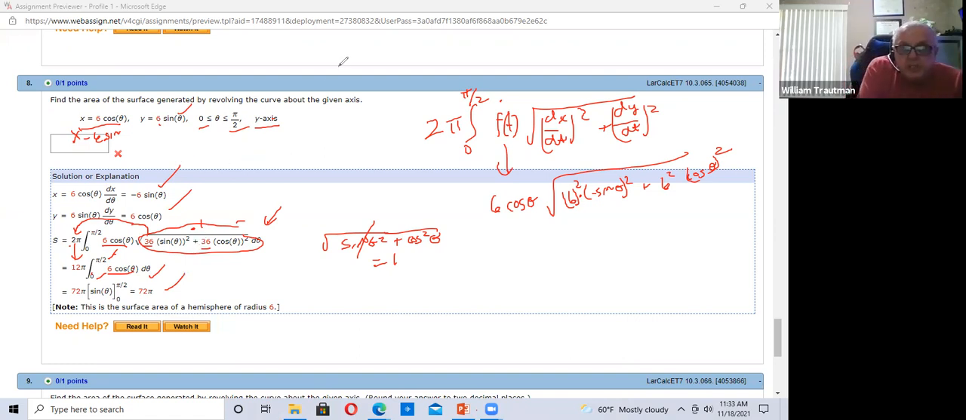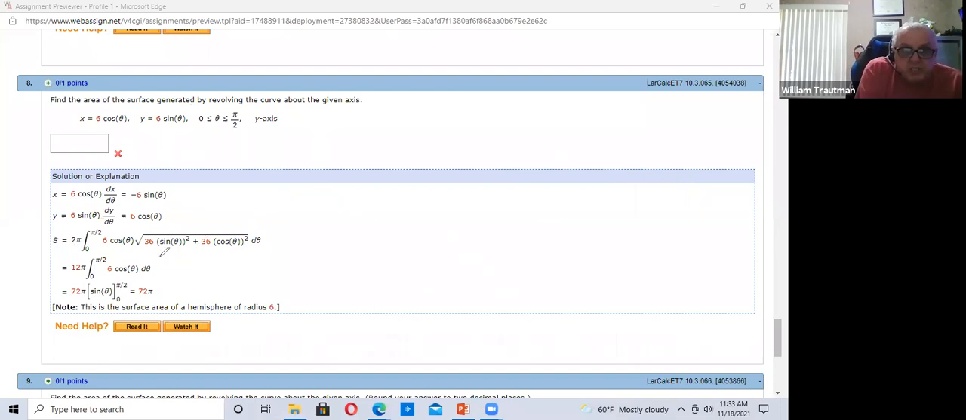So you see, once you try a few, especially this pattern here, sine squared plus cosine squared equals 1, things will factor out of there. And then you're just left with this, since that equals 1. Don't forget that 6 has to come out here. And that is